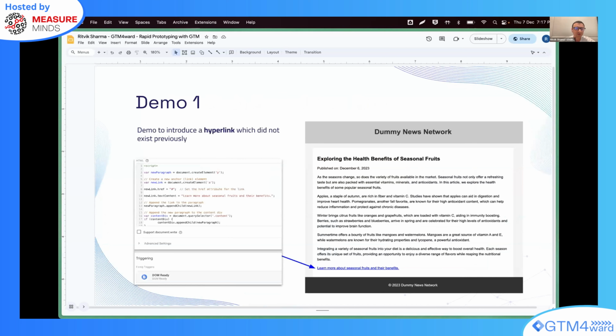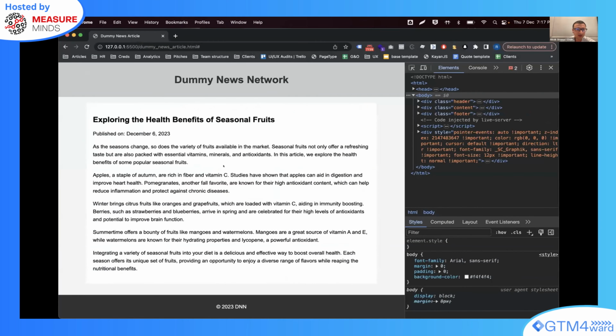With that aside, let's look into a small demo where I have a quick web page of a dummy news website, which shows a dummy article about some fruits. If I were a traditional publication website or any other brand website, and at some point I realized that maybe just providing this content is not sufficient to our readers, and we may want to add some kind of a link to let them access a more detailed page or more information about the content they're reading at this point.